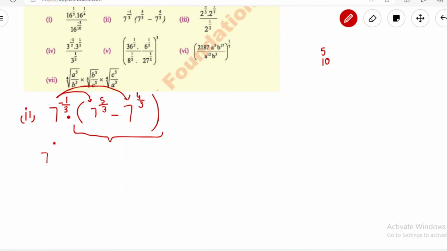So 7 raised to the power minus 1 over 3 times 7 raised to the power 5 over 3, minus 7 raised to the power minus 1 over 3 times 7 raised to the power 4 over 3. For the times, we can write a dot, or we can write the multiplication as well. I can put it here instead of multiplication. If I do want, I can write the dot as well, but I like to use the multiplication sometimes, so I'm going to use this. Here we have